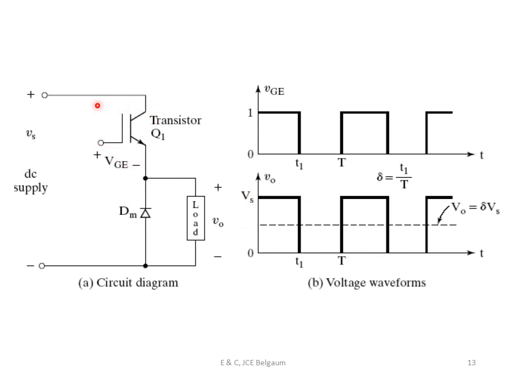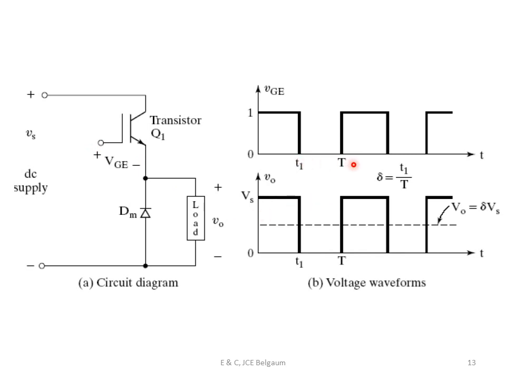You can use any power device here. In this figure we have used an IGBT and we are applying a voltage VGE. As long as VGE is there, this transistor or IGBT is going to turn on and the input will get connected to the load. So whatever is at the input will come at the output. So the input is Vs, and I will get Vs at the output as long as VGE is applied between the gate and emitter.